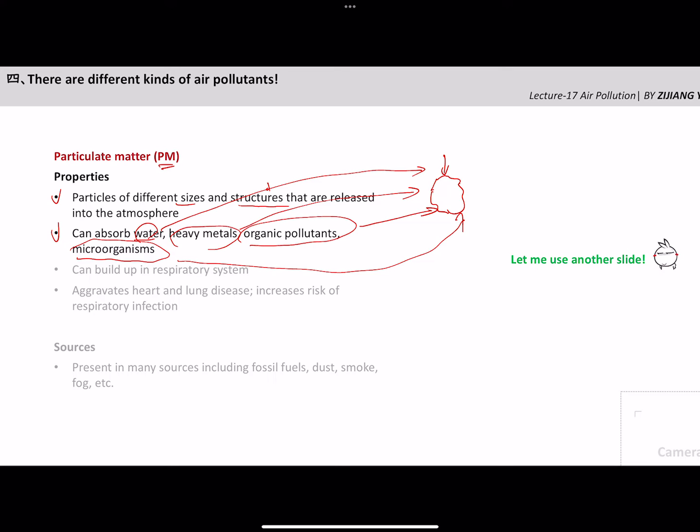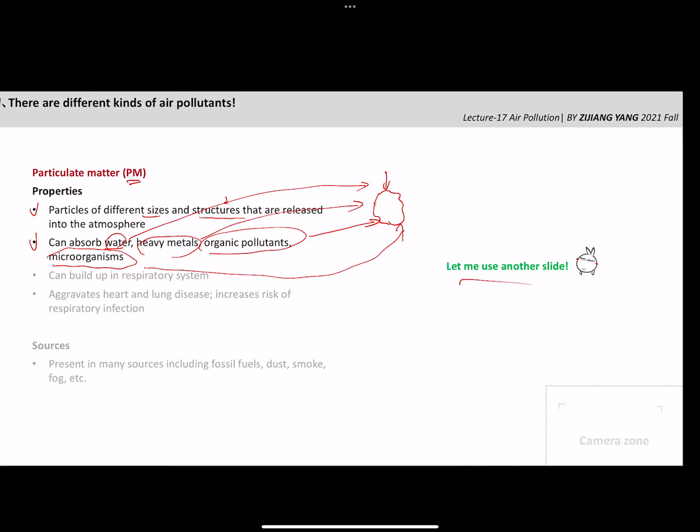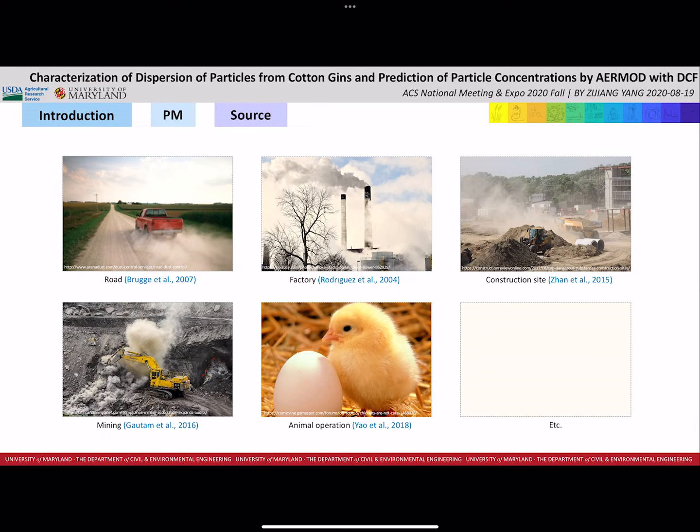Basically, the adverse effects of particulate matter may have two aspects. The first aspect is the particulate matter itself. The other aspect is the things that are absorbed on the surface of the particulate matter. But for this part, I'm going to use another slide, which I presented at a conference, because I think it's more intuitive. This is the slide that I used for the ACS meeting last year. My research is about